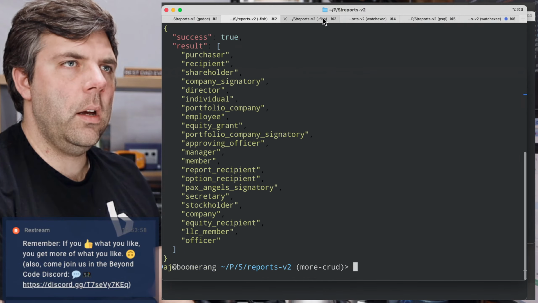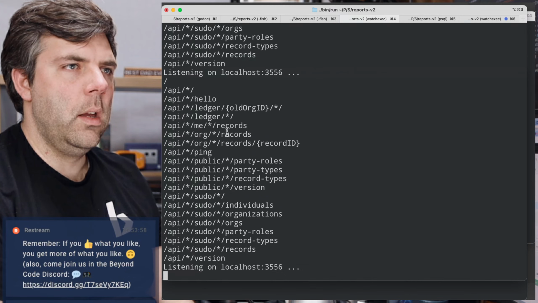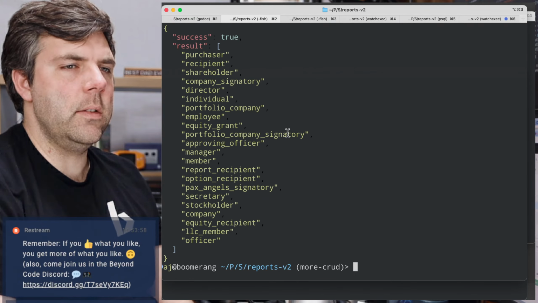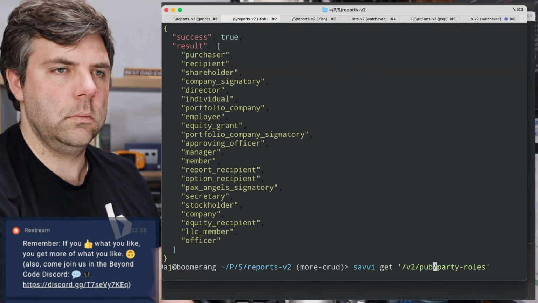All right, so with this one, I just need to check to make sure that things were actually deployed. So I should be able to do a me records. I think that's going to be empty though. Well, let's just see that it doesn't have an error.